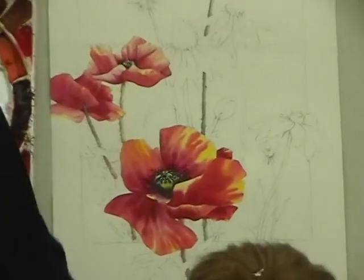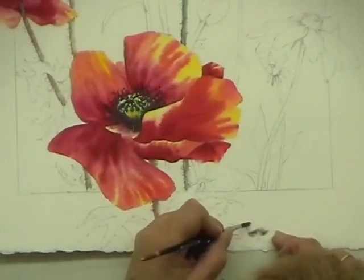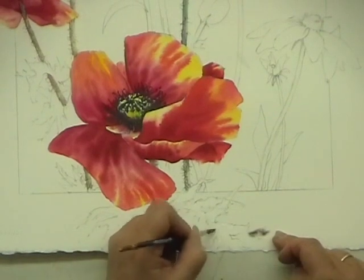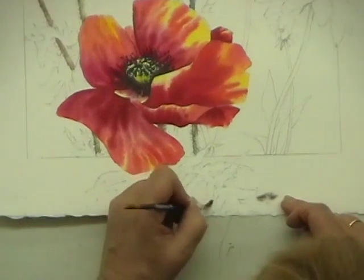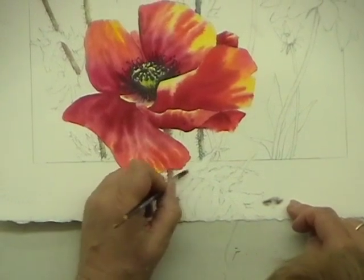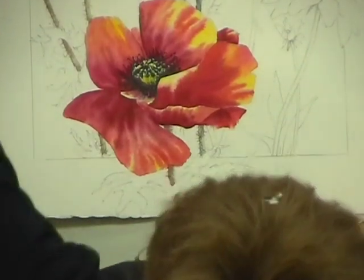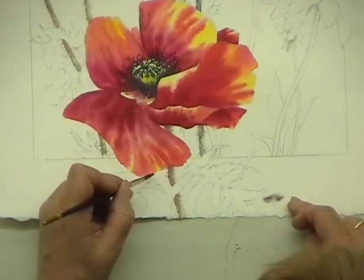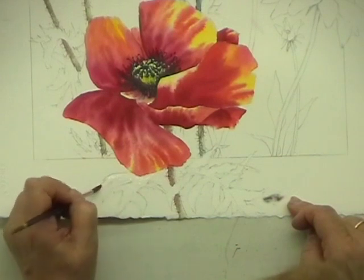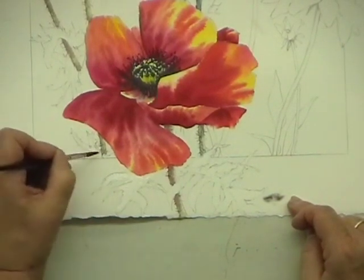This is always the secret when you want to, remember now there's only 2 ways to paint flowers or foliage, or anything for that matter, and that's wet or dry. So every time I start a subject like this, I go, well, would I like this better if it was wet, or would I like it better if it was dry? And in this case, because I want to blend it fresh on the paper, I'm going to actually wet it first,